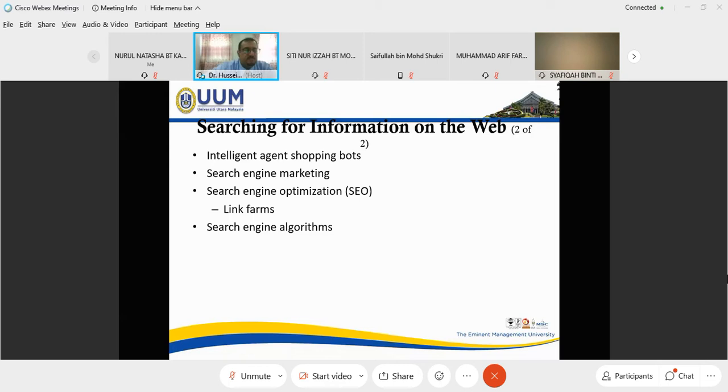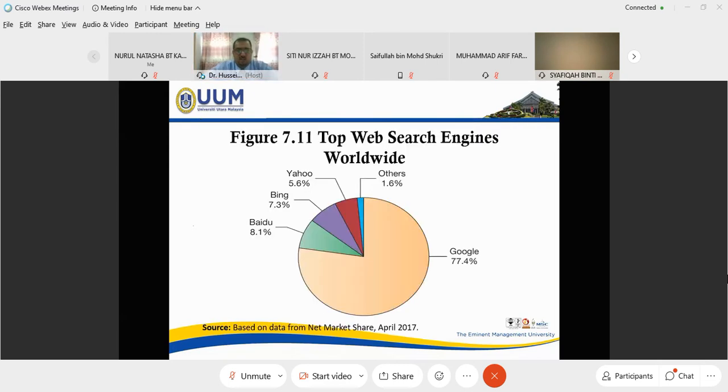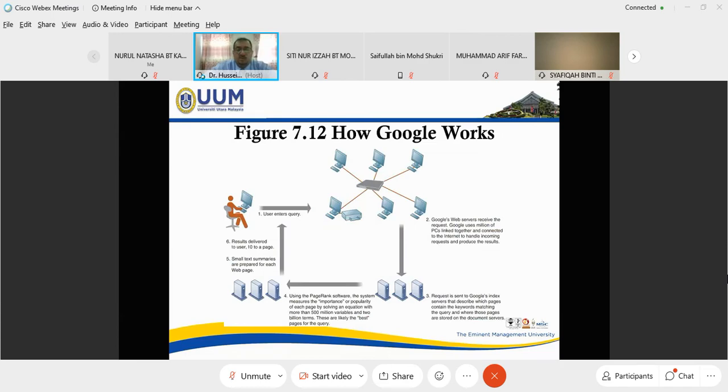Search engine algorithms. Search engines use algorithms to manage their search. This figure shows how you search on Google.